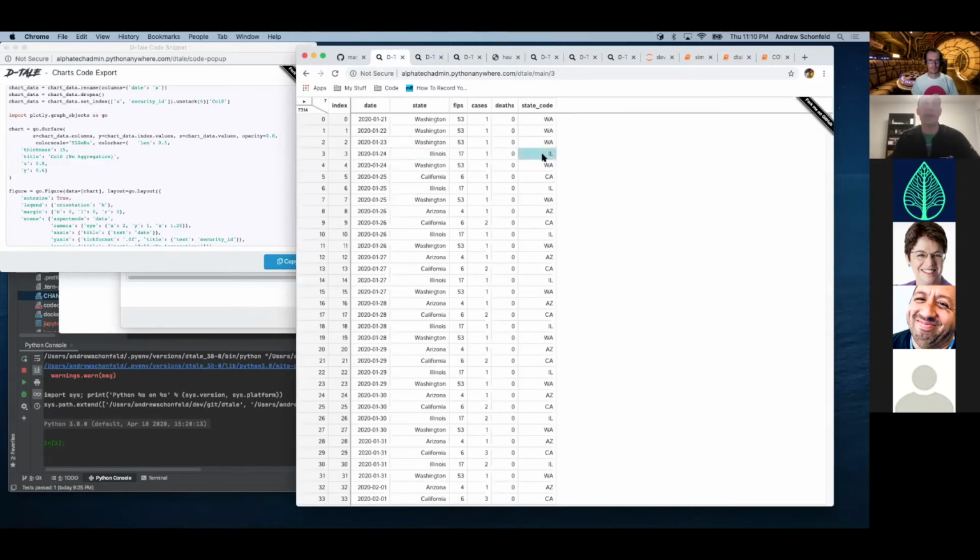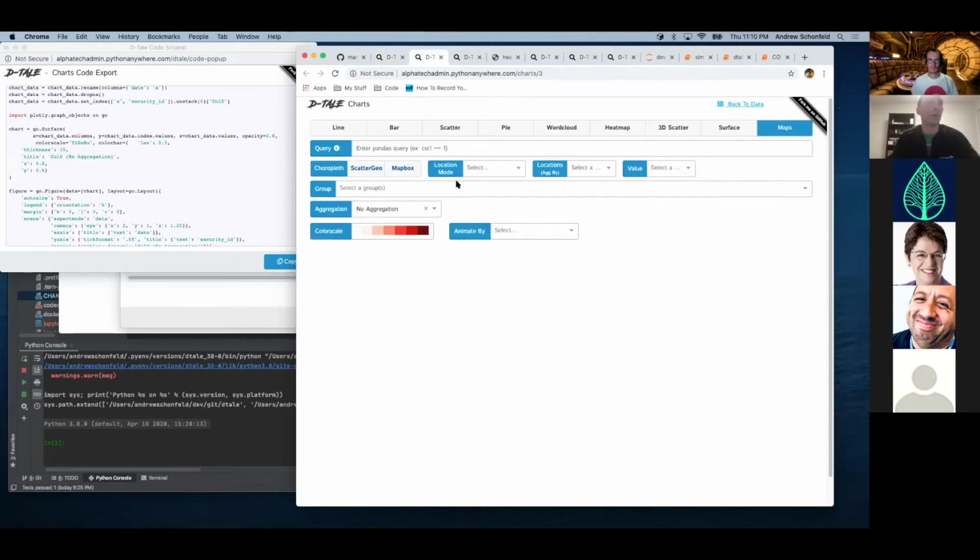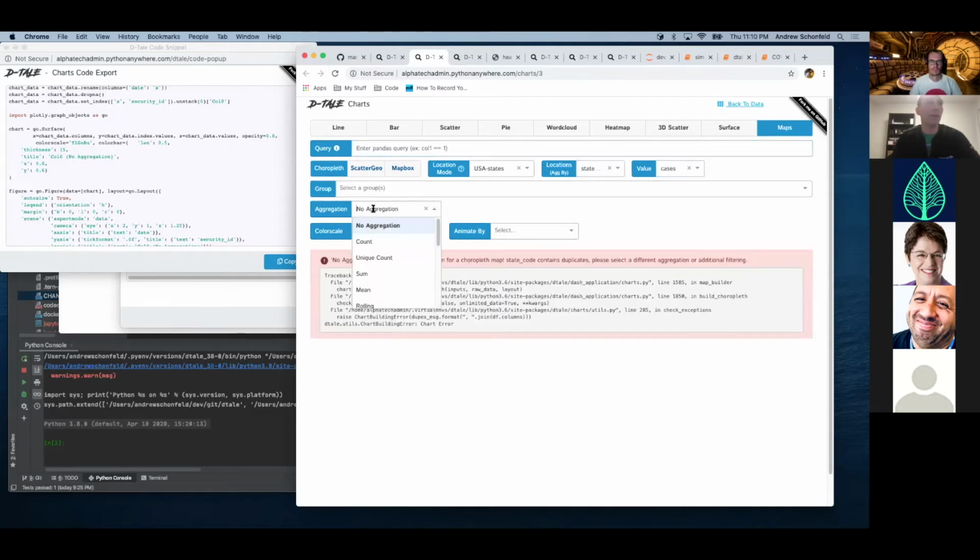Because this has state codes or state names in it, you can build choropleth maps off of this stuff. So you set your location mode. We'll go with US states. It gives you a little hint on what they're supposed to look like. So these 2-character codes, locations, state code, value. We'll do cases, and we will do,